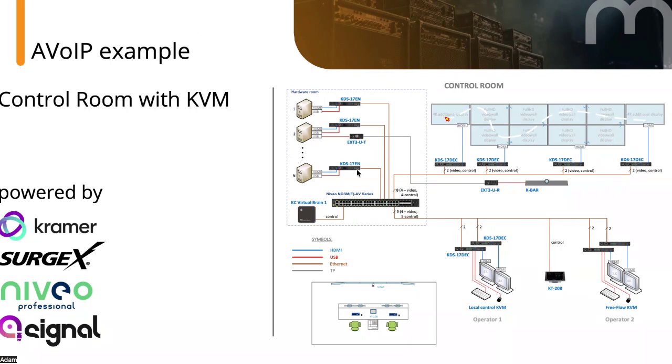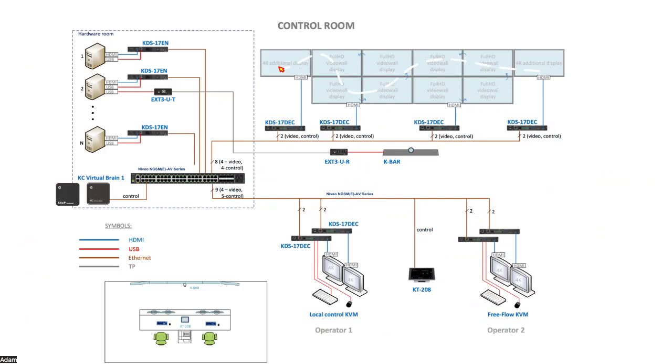Okay, so let's discuss this example fast. What we have here is actually a nice project with the hardware room, which is separated from the control room itself. On the hardware room side, we have encoders. In the control room side, we have decoders to decode the signal from the sources. But besides the video wall, what we also have here are the operator stations, actually two of them. What is cool here in this scenario? It's how smart it is, how asynchronous it is, and how flexible it is.